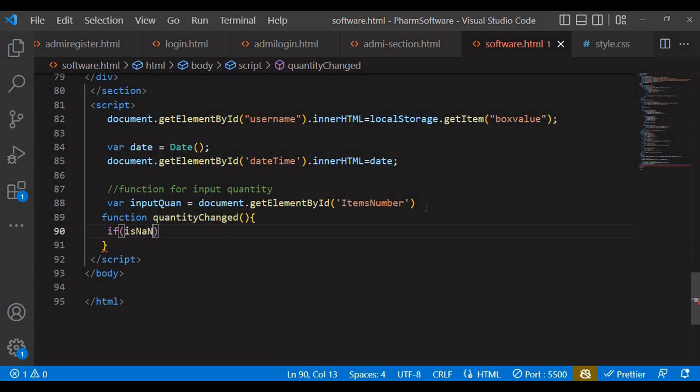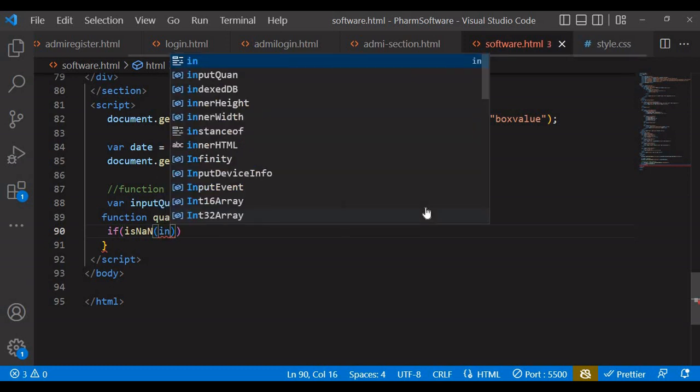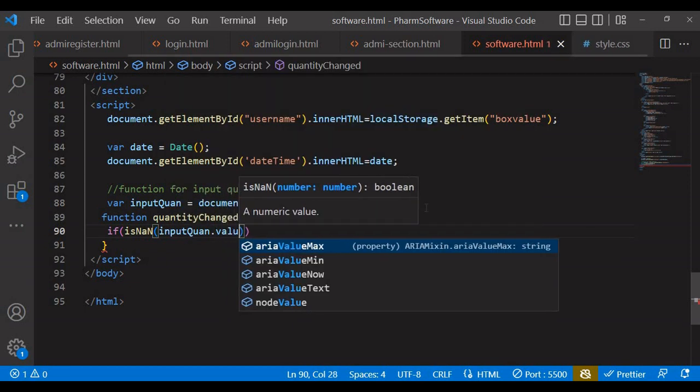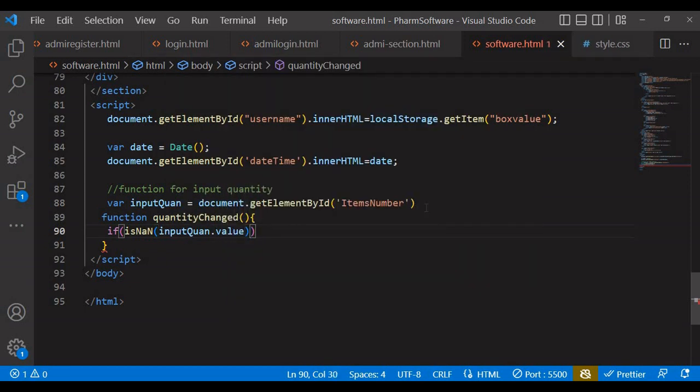It's why we are using it, and we are applying it to our quantity value. And we'll be using an operator which will be or. We are just saying if the number inside this quantity is not a number, or